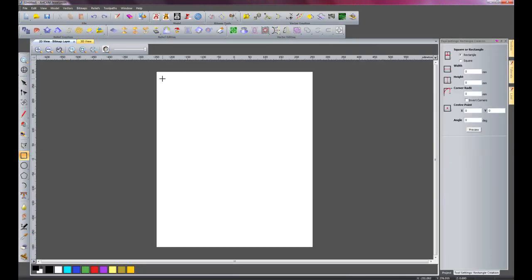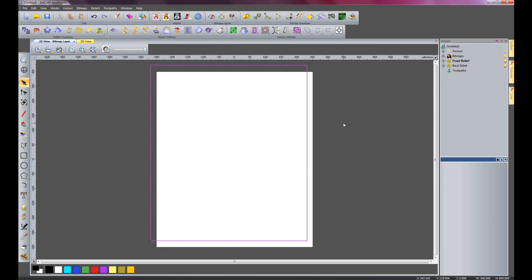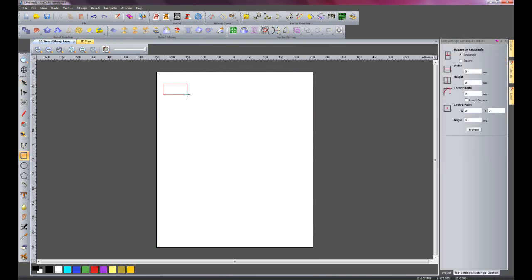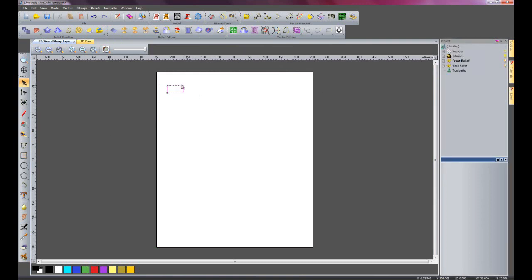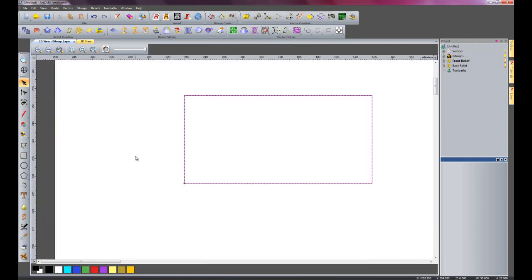I'm going to create a rectangle which is the same size as my layout, so 500 width by 600 height, and I'll F9 that to move it to the centre. I'll create another rectangle here with a width of 50 and a height of 25. Not bothered about the position of that one, and I'll zoom in on it,